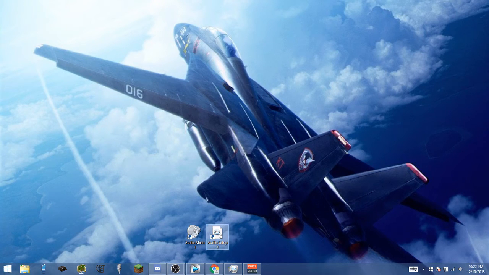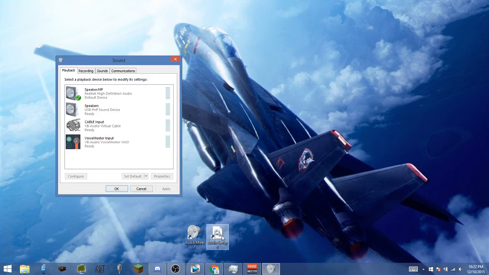When you start Minecraft, you have to open Audio Setup, and you have to change your default device to Voicemeeter input. This is because when you start Minecraft, this will make Minecraft's volume go through the Voicemeeter input. Unfortunately, with Windows, you cannot assign default audio devices to a program. They have to start based on what the default is in your sound settings. So once you've done this, then you can open